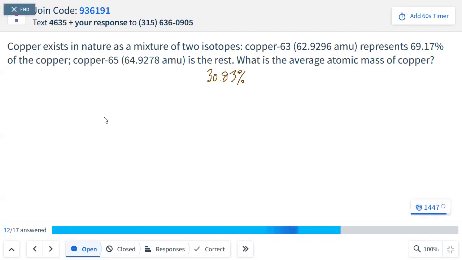So what we have to do is set up our arithmetic calculation using the percents. So 62.9296 times 69.17%. That gives us, to 4 significant figures,